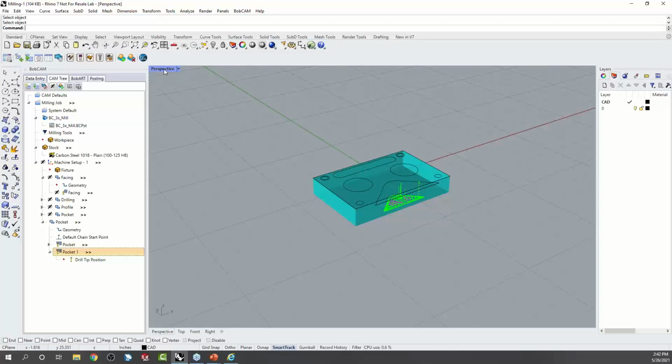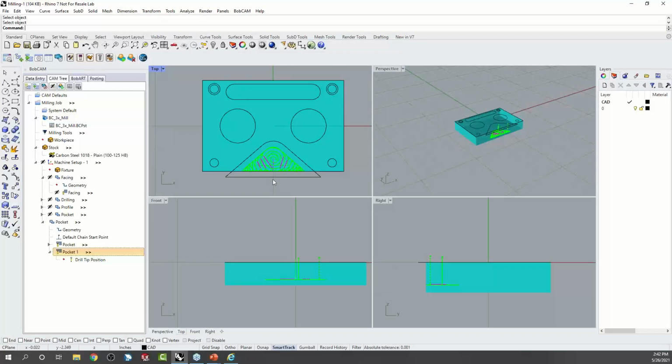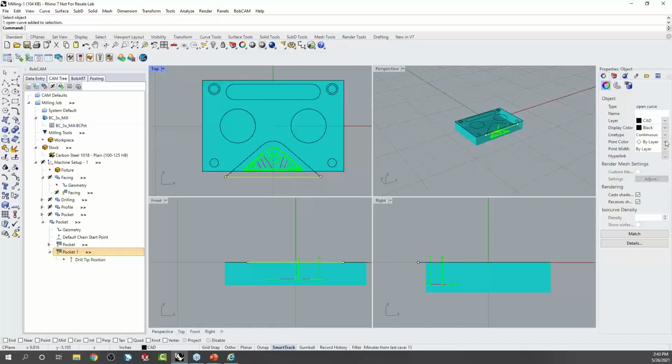Now, one topic I want to talk about on this one real quick has to do with open pocketing. I'm just working with a sketch right now. Open pocketing with sketches, you're going to have to change the open area to a dotted line. If it's all solid lines, you can see how the pocketing toolpath is staying inside of the boundary. But if I select this edge here and change this to dotted,